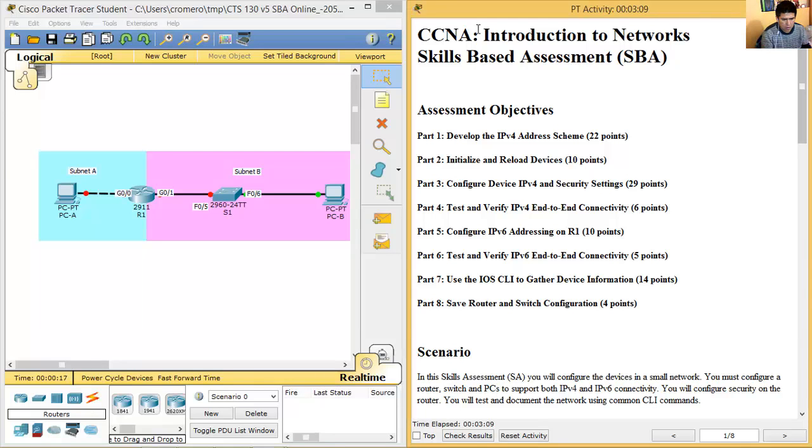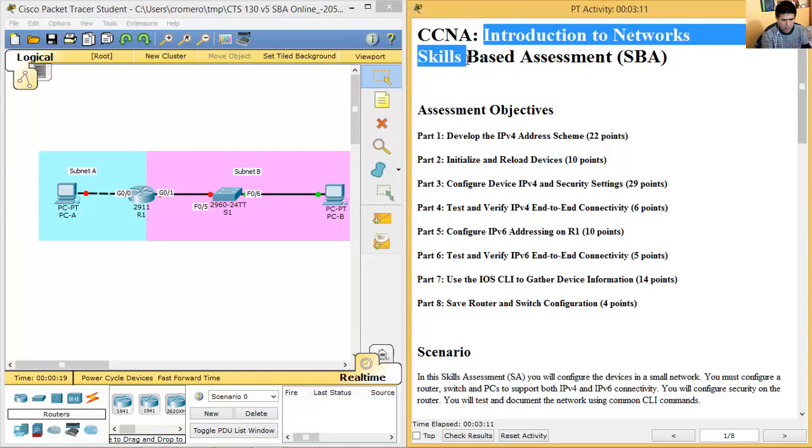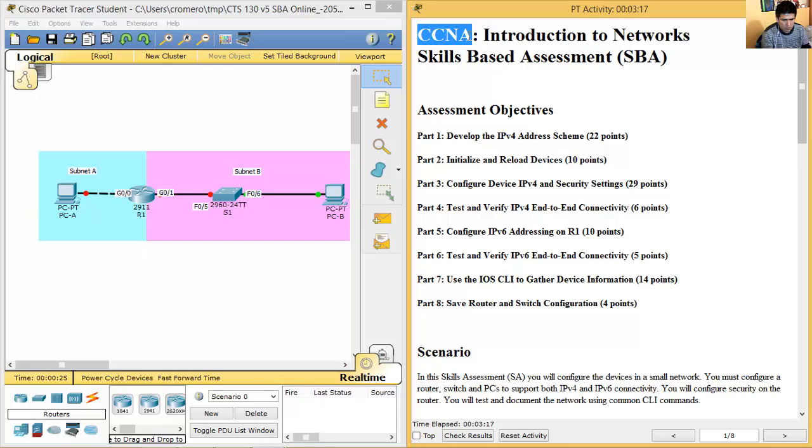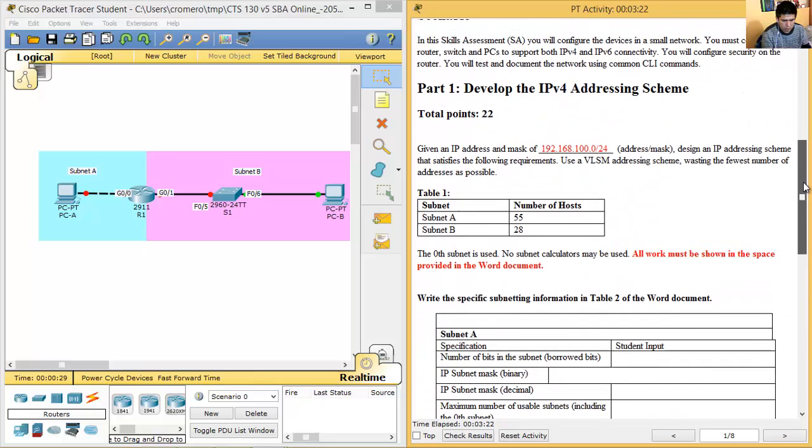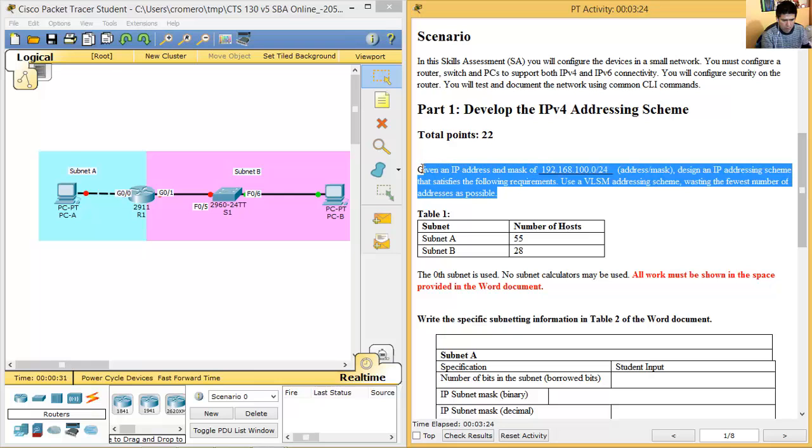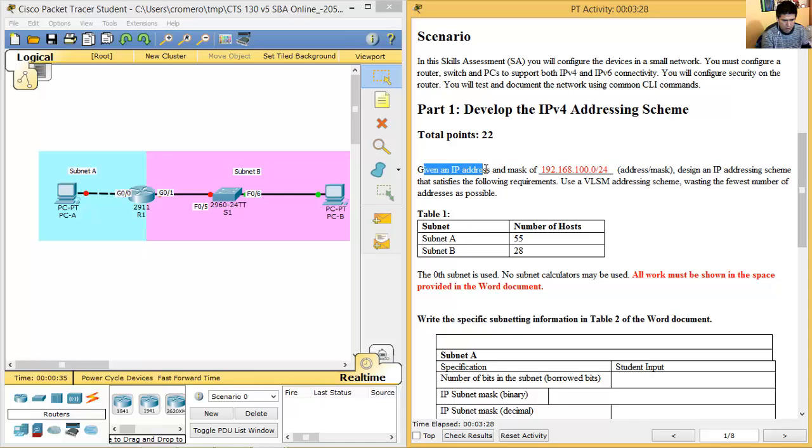Okay, introduction to networks skills-based assessment, CCNA 1. Given an IP address and mask 192.168.100.0/24, design an IP address scheme